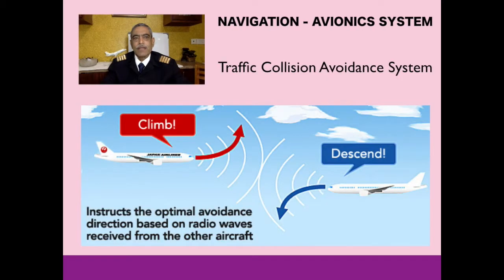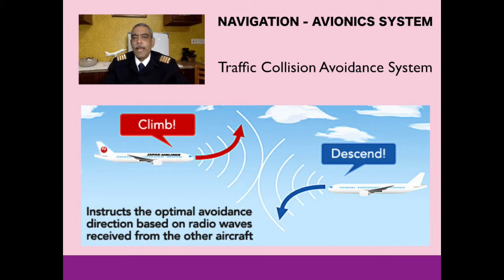Which I thought I'll just briefly mention is the traffic collision avoidance system. There is a highly sophisticated computer incorporated in the plane, which can communicate with the similar computer which is fitted in all other planes when flying, and it can reach all the planes flying in the vicinity of its own plane itself. So it is able to communicate fairly fast, and it's able to understand what each other plane is